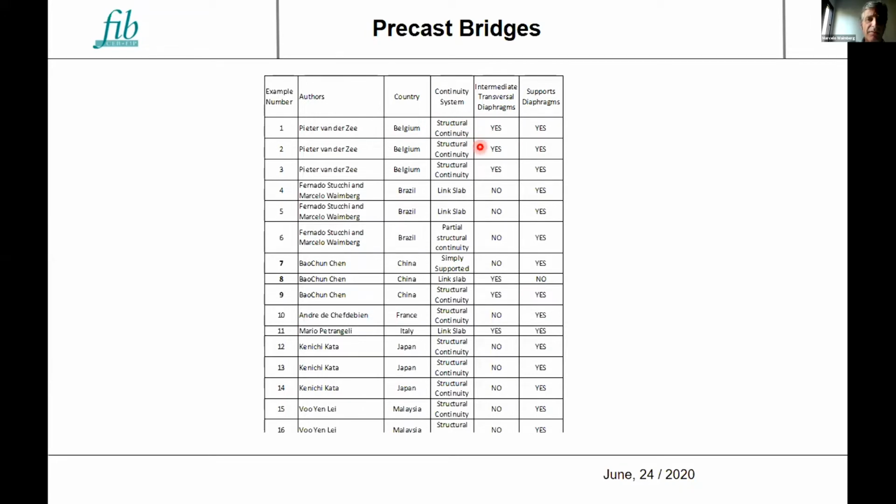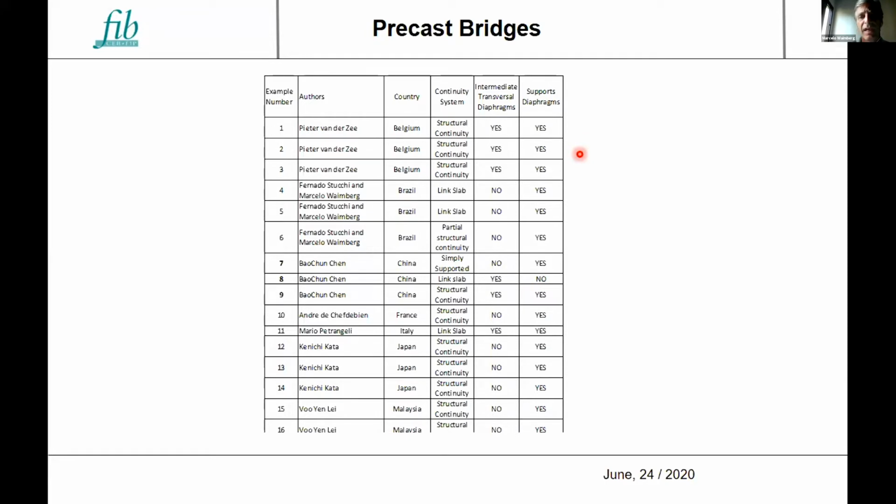Sometimes you have no continuity at all, with expansion joints. Sometimes you have a linking slab, or sometimes full continuity over the piers. The use or not of diaphragms, especially intermediate ones. We are not telling you in the examples whether you should or shouldn't use intermediate diaphragms; this is a very long discussion.